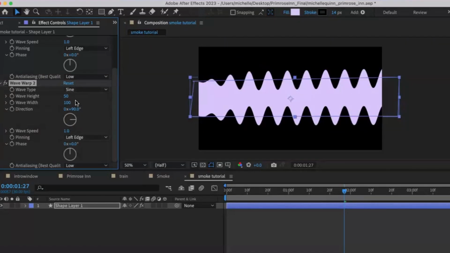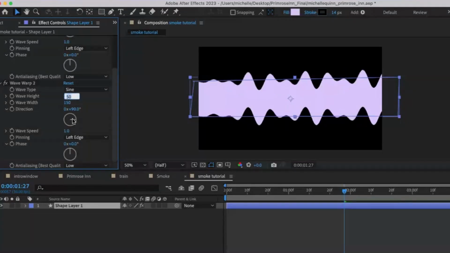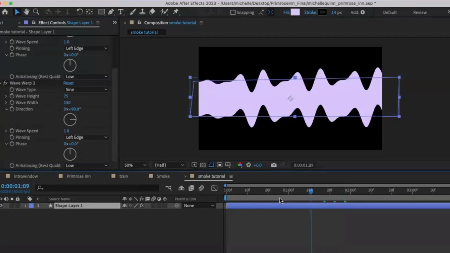So I'm going to change some settings on the bottom wave warp to give it more of an organic shape. I'm going to change this to say 150. And we'll put this at 75. So now you can see,